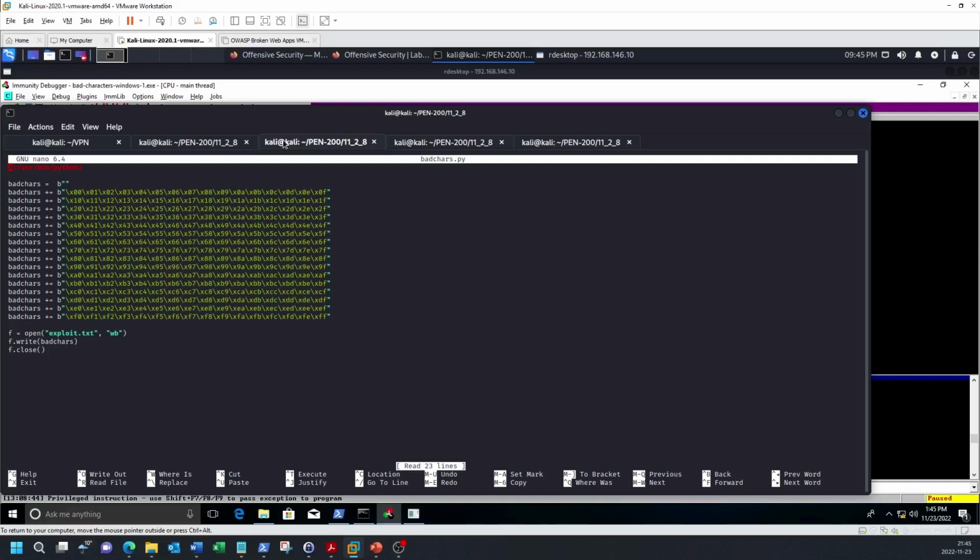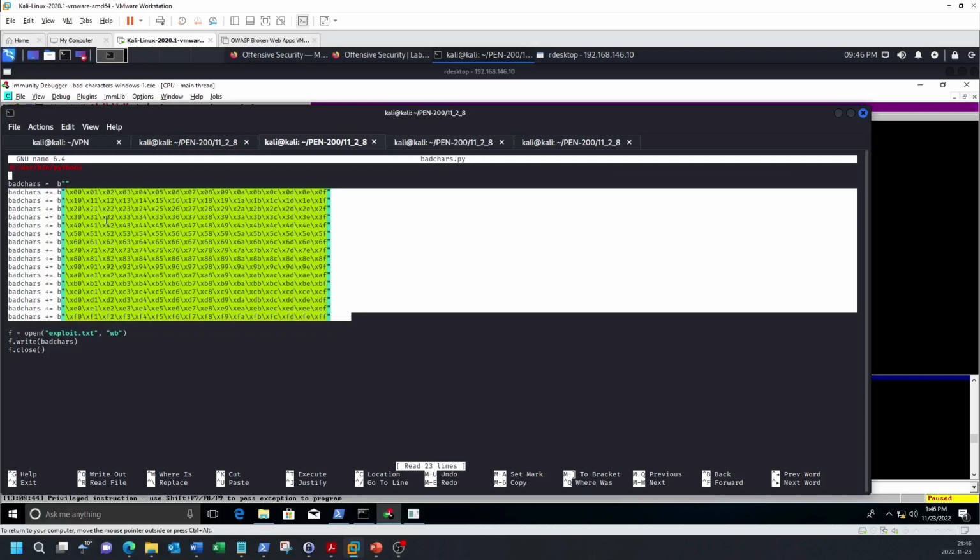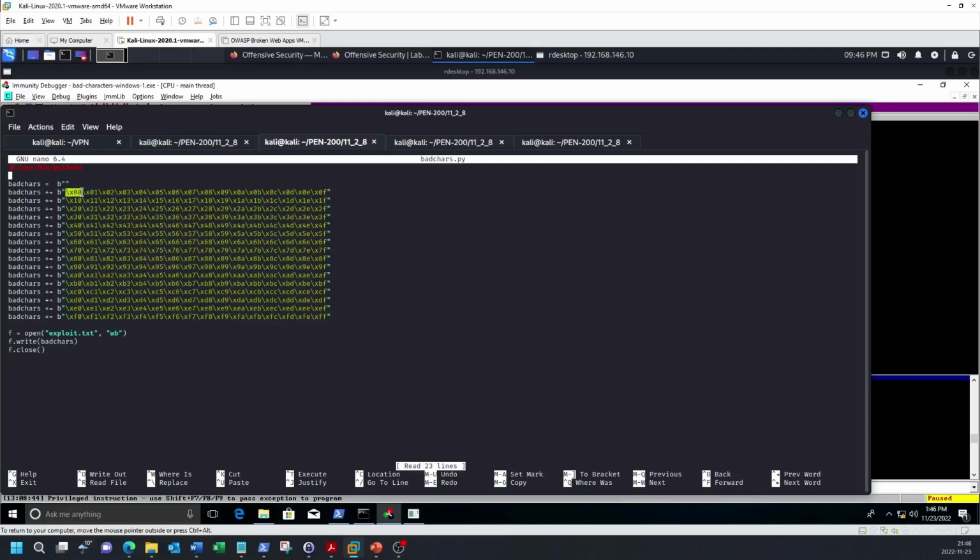It starts with the shebang, specifying that it uses Python 3. Be aware that Python 2 and Python 3 behave differently when it comes to character encoding, so I'm using byte strings with a B before the double quote. There are 16 rows of 16 bytes, and each byte has \x before it to specify that it's a hexadecimal value. I'm then opening the exploit.txt file. I use WB for write binary rather than WT for write text. I put my byte string into the file and then I close the file.